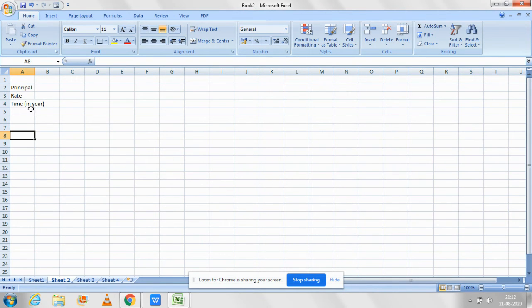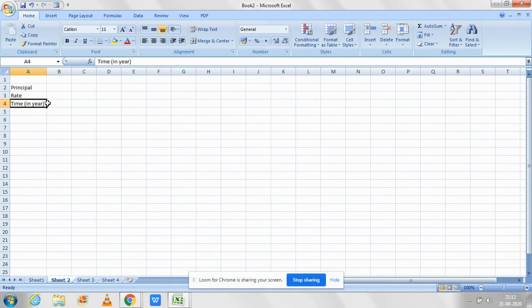Now, what will happen? This will be out of the cell. What I have taken, I will drag it to this. What will happen? The size of the column will increase. In B, I write the values, 4500. Rate is 4%. Year will be 3.